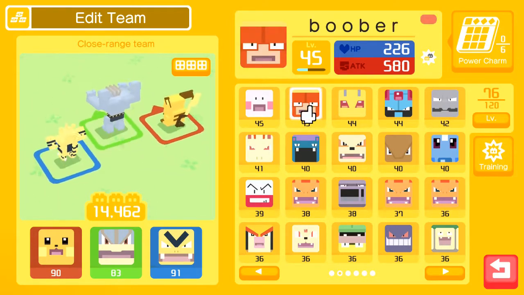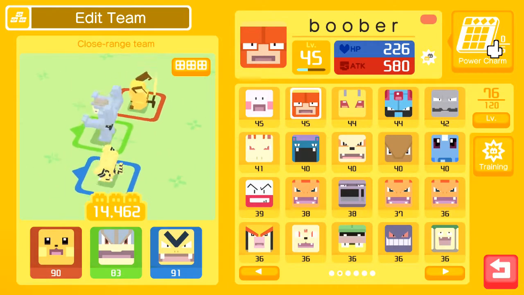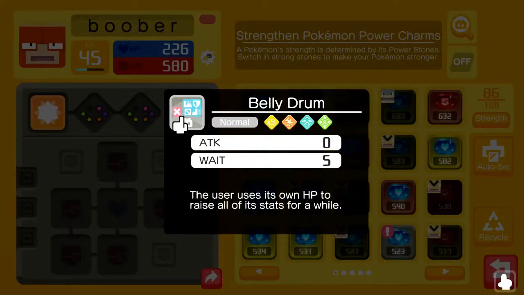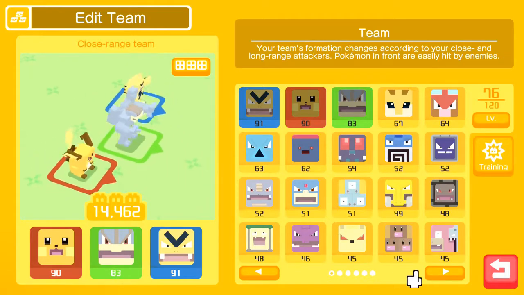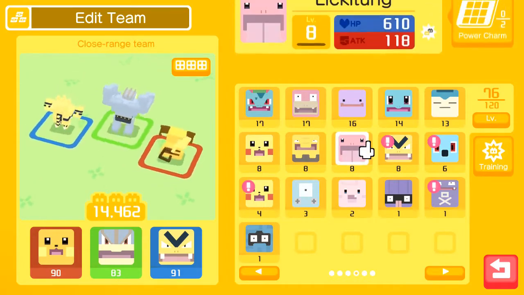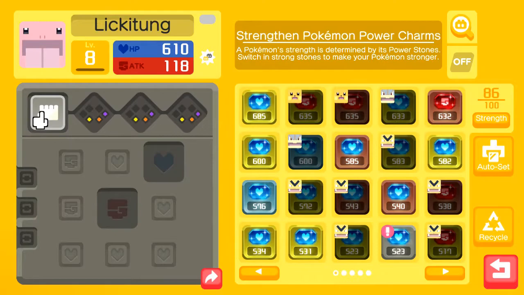I wish my Magmar had slots after Belly Drum. I really do. That raises all of your stats. I do have a Lickitung that I'm looking to replace Machamp with. I just need the right roll on freaking Belly Drum. I need to get Belly Drum. Yeah, but right now he's got Mega Punch. He's got a ton of health, and this is a prime candidate to have Belly Drum with the Sharing Stone